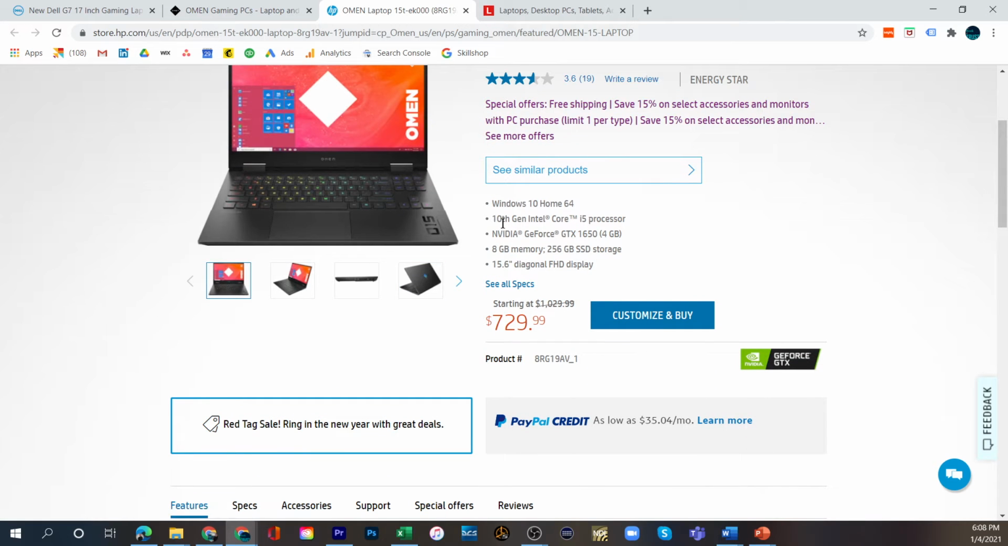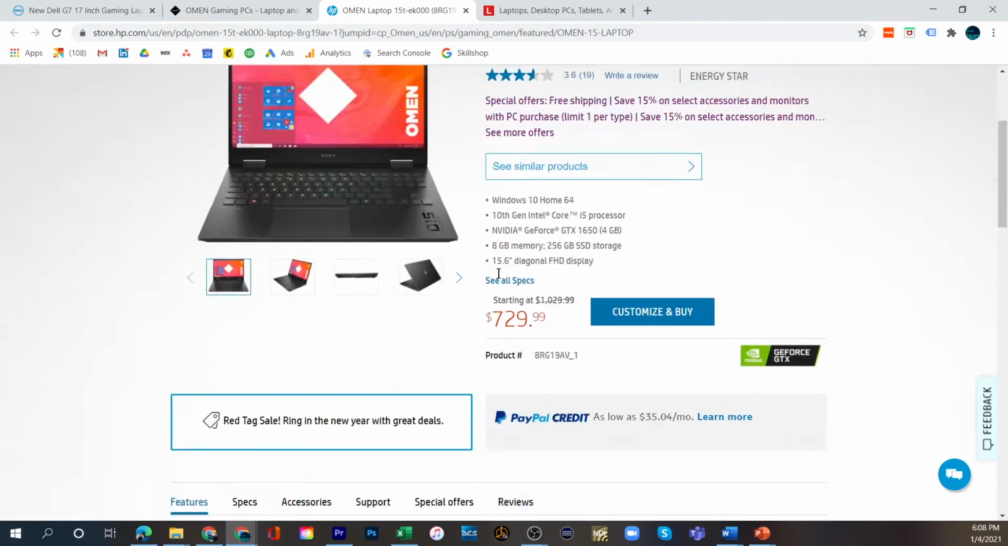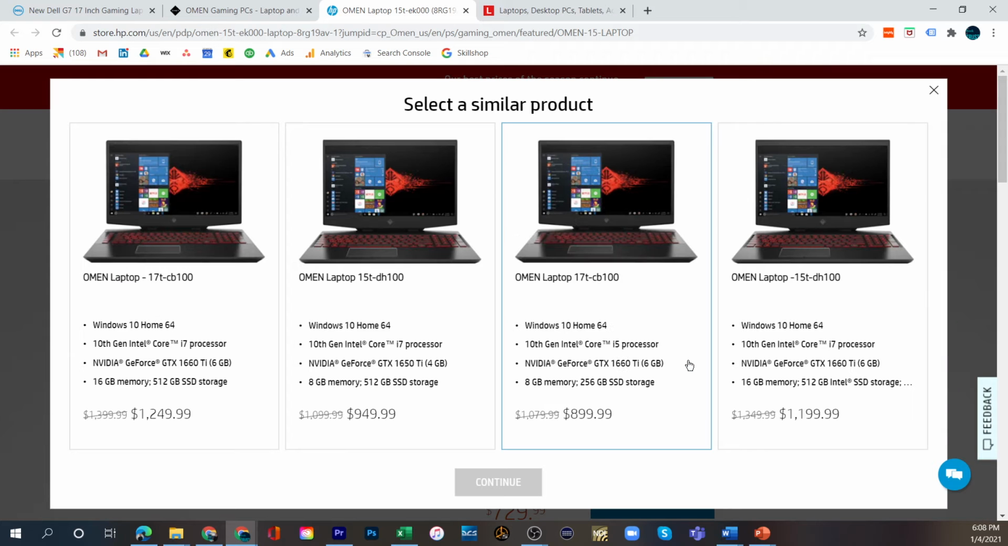We have a 10th generation. This is a $729 gaming computer. So it's kind of on the low end of gaming, and you can see that immediately because we have a 10th generation Intel, but the processor is an i5 processor. So let's see if we can find something that's better. I wonder why this is the first one that came up. I would have expected them to come up. There we go, with